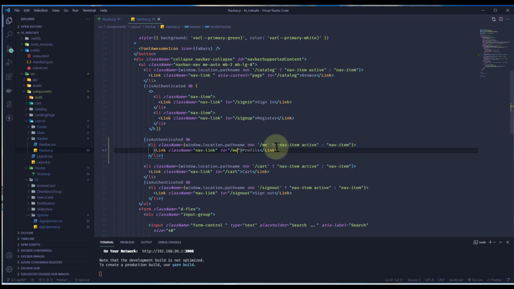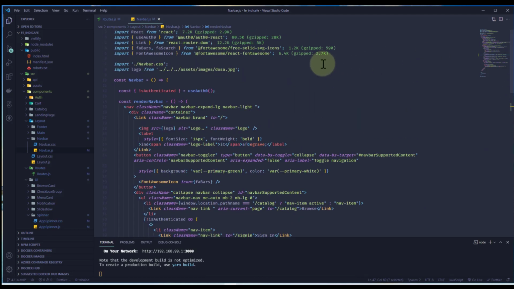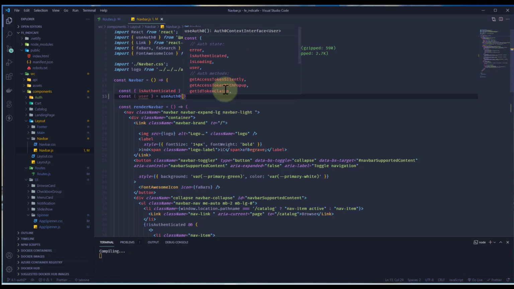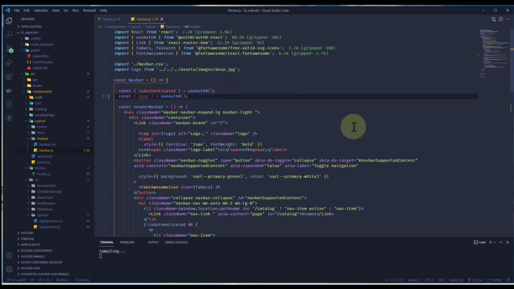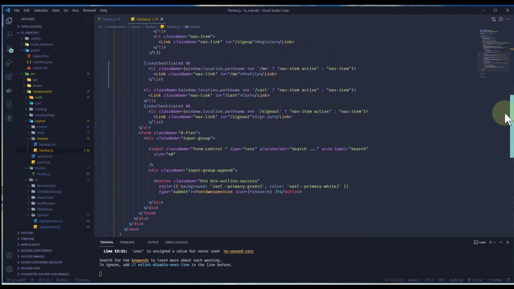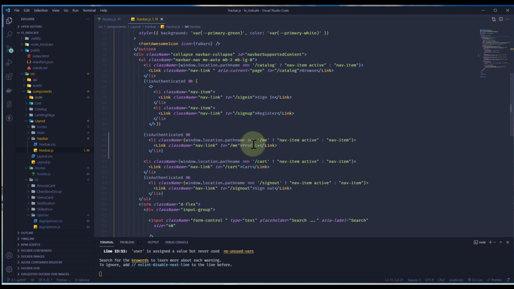And I think we also need a little bit of styling, so what we're going to do here is, instead of profile, we will print the user's name itself. So for that to happen, we have to destructure the user object, right? So I'm going to say const user, and that's going to be coming from useAuth0. All right, okay, and let me head back over to the profile li, and I'm going to print user.name. Okay,